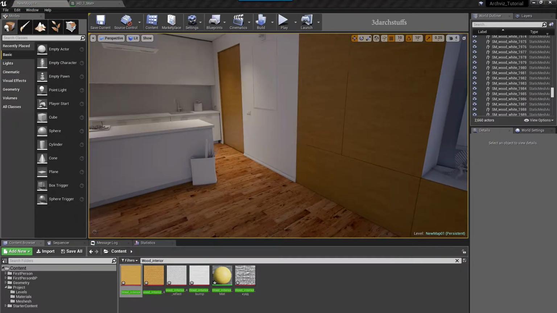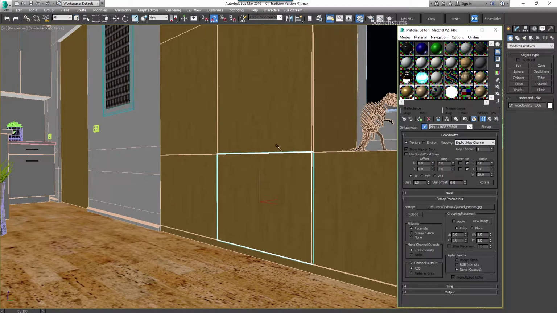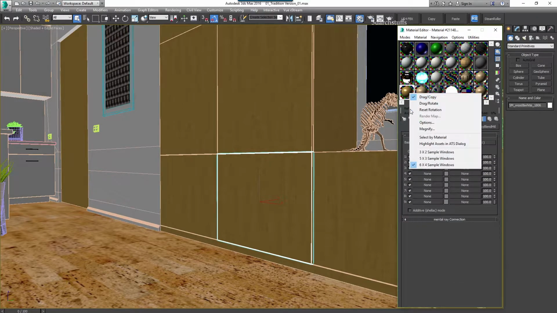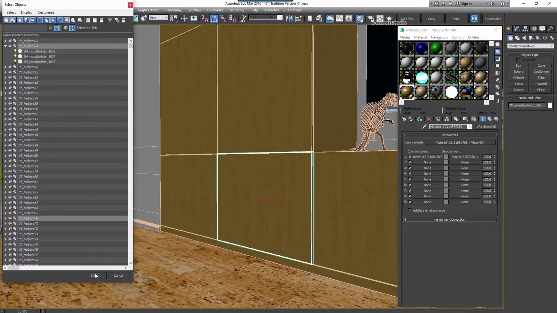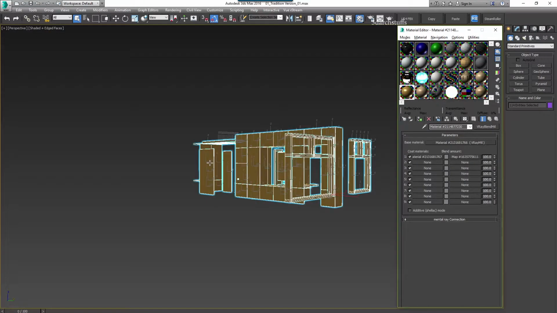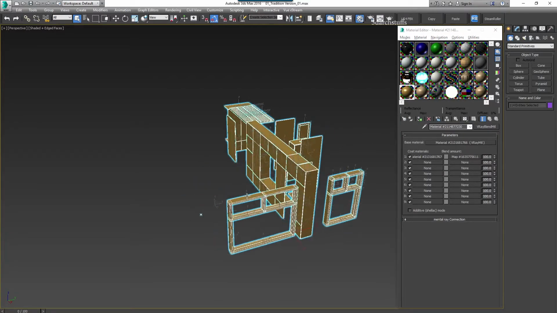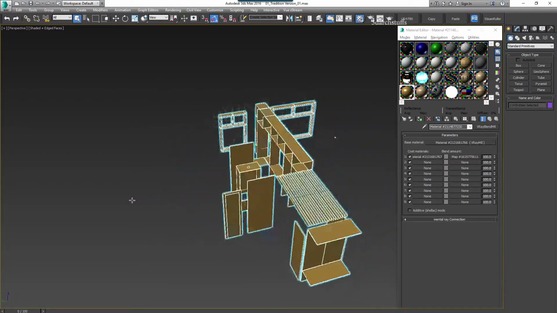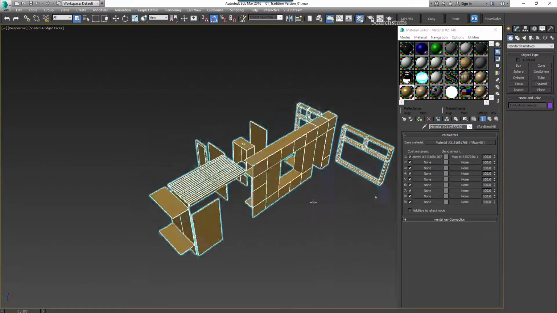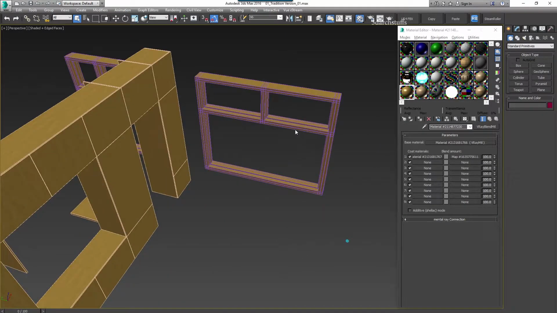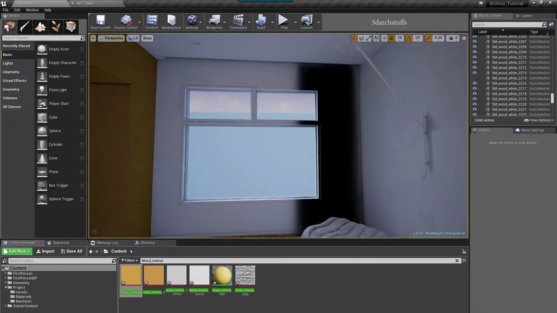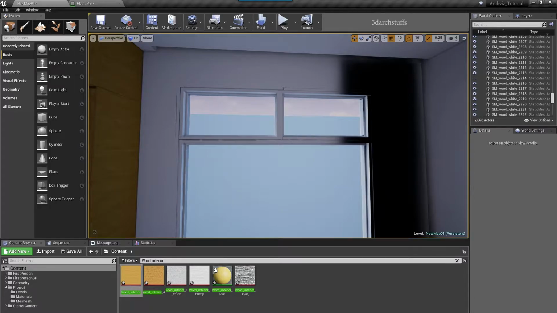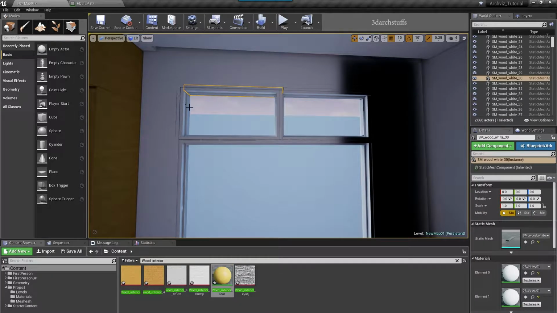So one more thing we can do is, if you want to see what are the objects that are using this texture as their material, we can just select all the objects and then isolate them, and then we can be sure what are the objects on which we have to apply. So if we start from this side, then these windows are using this texture material. So I'll just go ahead, hide it, and then I will select all these